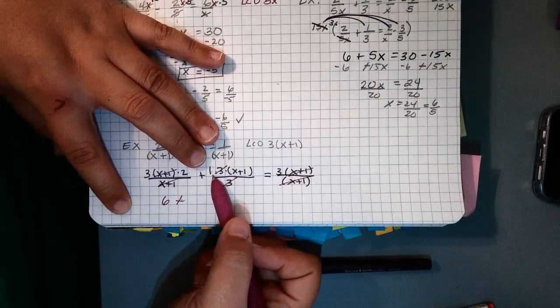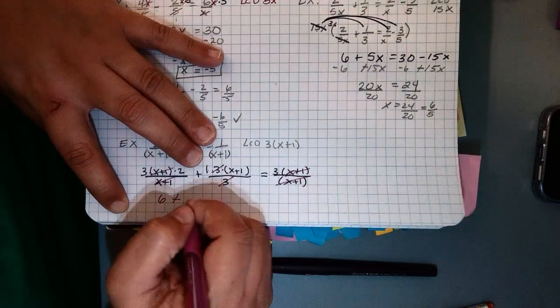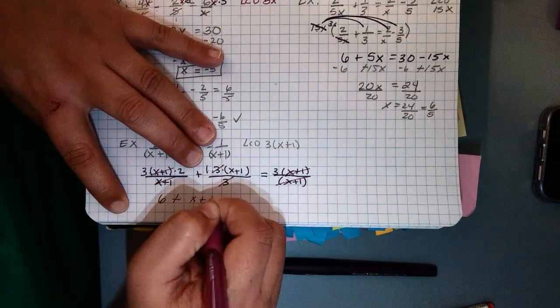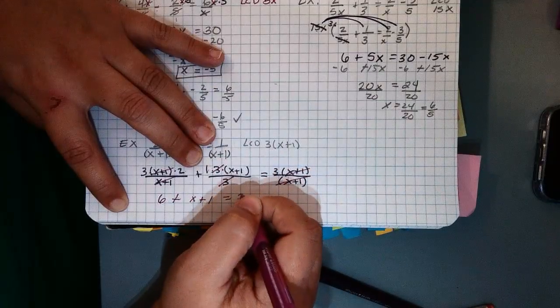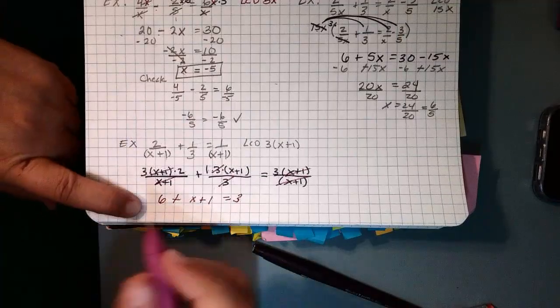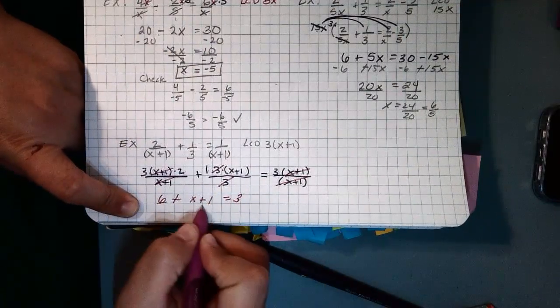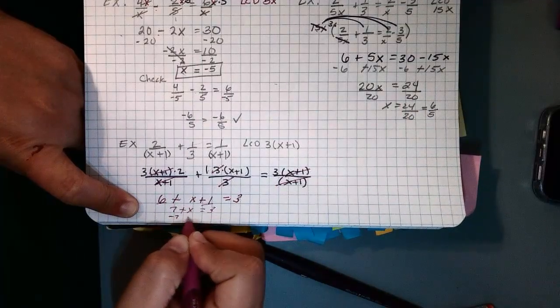Now, if there was a different number besides 1 here, I'd have to distribute that in here, but I got lucky. It's a 1, so I can drop my grouping. And over here, everything canceled out except for the 3. So here we go. I'm running out of space, so I'm starting to write funny. Sorry about that. Combine like terms, we got 7 plus x equals 3 minus 7